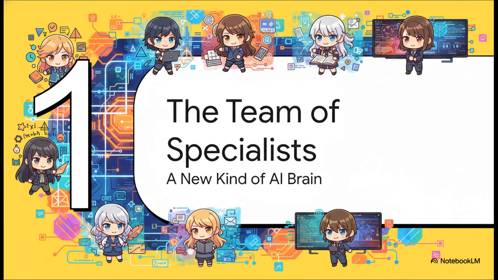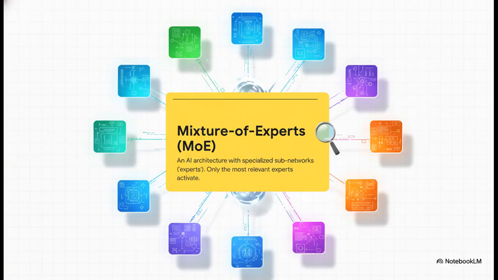And that brings us to the core idea here. Instead of one huge generalist brain that's trying to be good at everything, the new way of building these things is, well, it's more like a super efficient team of specialists. Just imagine having an expert on standby for math, another one for creative writing, and another one just for code. This new architecture is called Mixture of Experts, or MoE for short, and at its heart, it's a system built from these specialized subnetworks, these so-called experts.